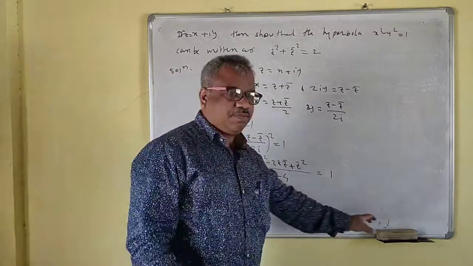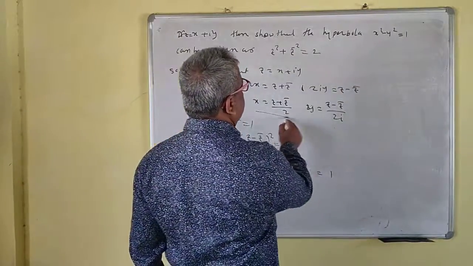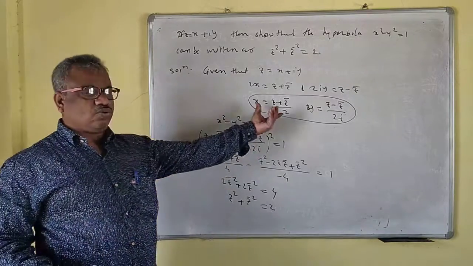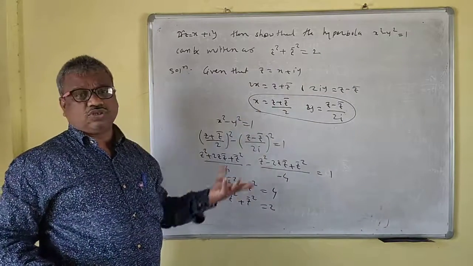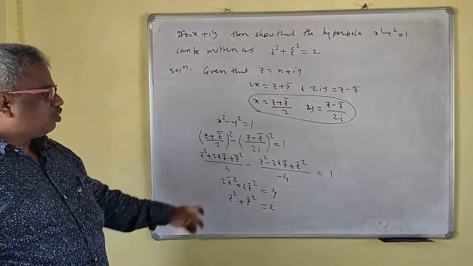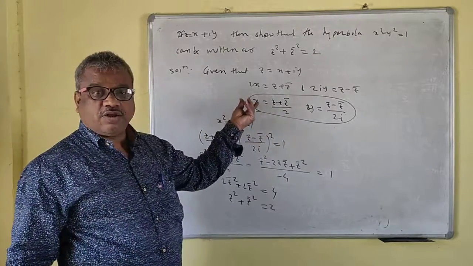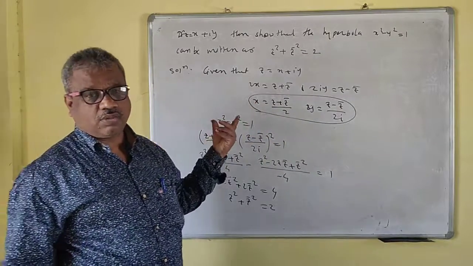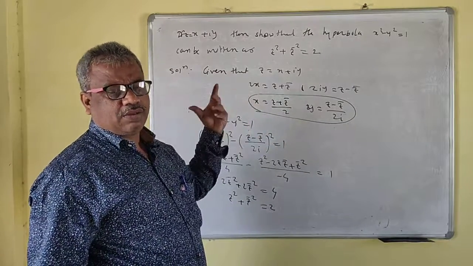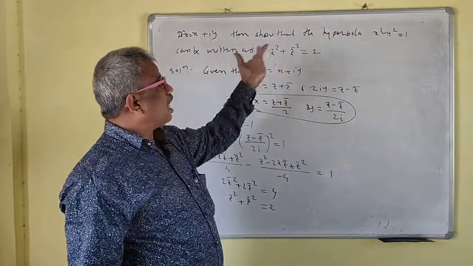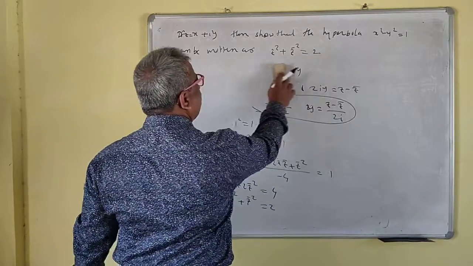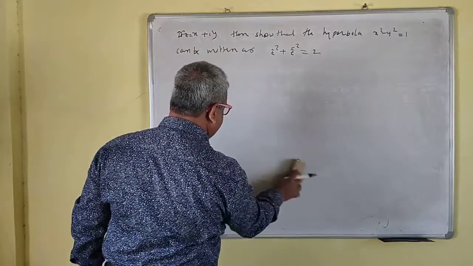So this is a very simple problem. You only have to use this technique. This is actually the solution of the problem. This part is very easy, and you can easily do it. The crucial part is writing the values of x and y. We are familiar with this. It is not complicated, but that part is crucial. With the help of this, we have proved that the hyperbola is expressed in terms of z. Similarly, they may give a parabola or an ellipse, whatever it is.